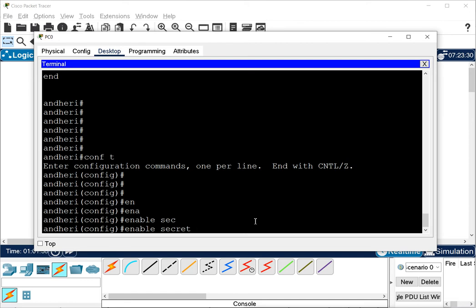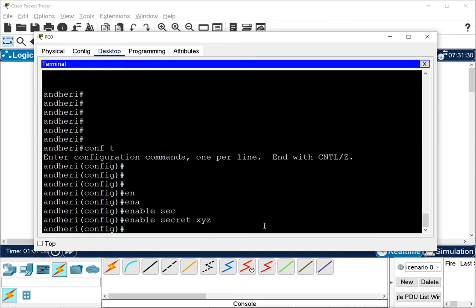I will set XYZ. It's a very simple password, but don't use simple passwords, always use complex passwords. This is for testing.